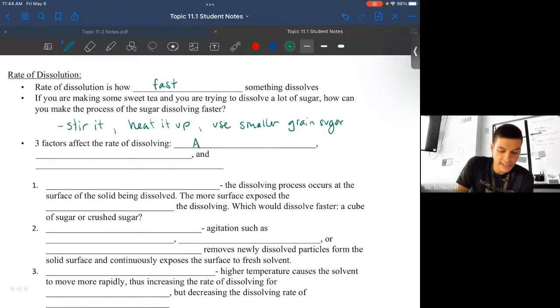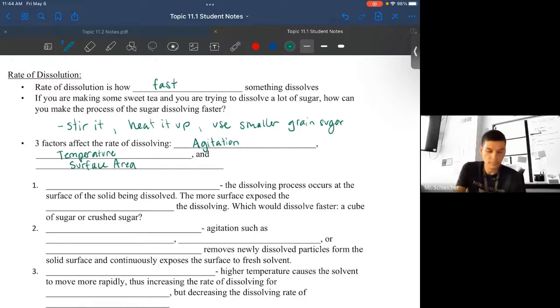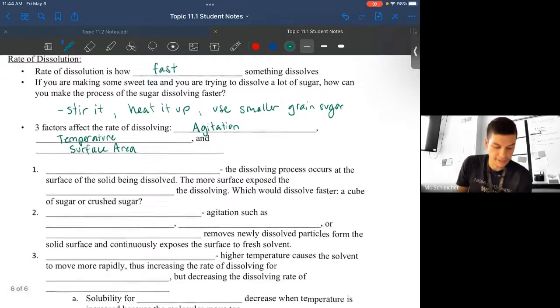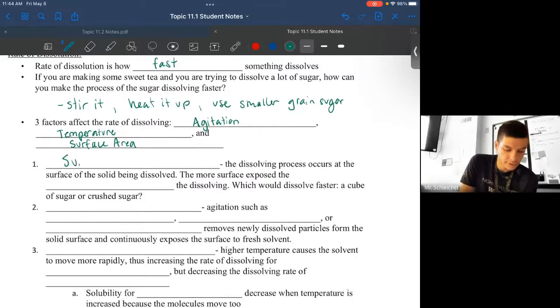So we can say these are agitation. Stirring is like a form of agitation. Changing the temperature, or changing the surface area. Okay, surface area of the solute. Let's talk about the surface area for a sec there. So surface area,